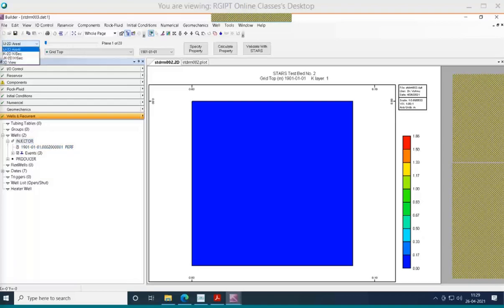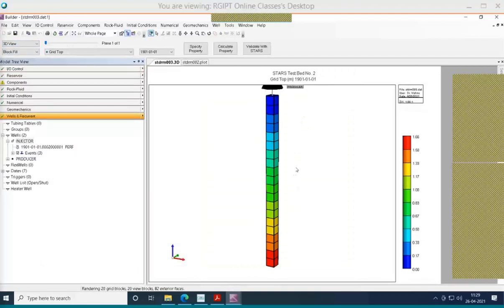In field scale we know it is not like this. At least we must have some direction in the I and J directions, some blocks in the I and J direction. But in this case, we have only the K direction. It is a linear flow, so it is not going to happen in an actual case. So what can we do? We can change the geometry over here.